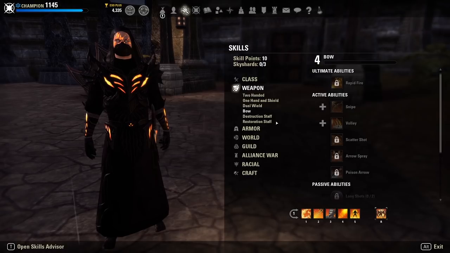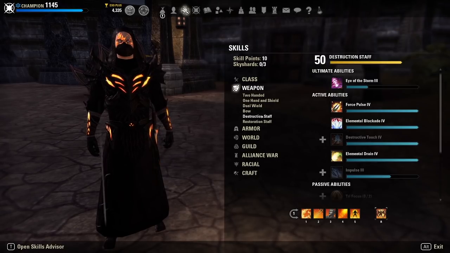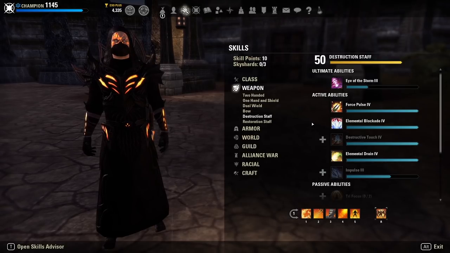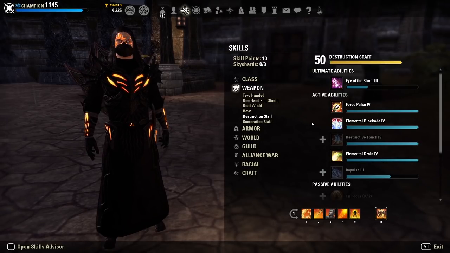But again, stamina PvP and stamina PvE are the most common times you'll see people use bow. We also have the destruction staff. The destruction staff can be used primarily by Magicka damage dealers for PvP and PvE, but also by tanks and